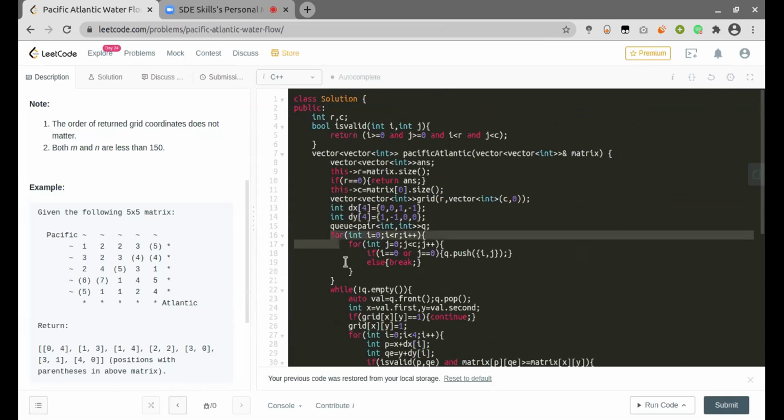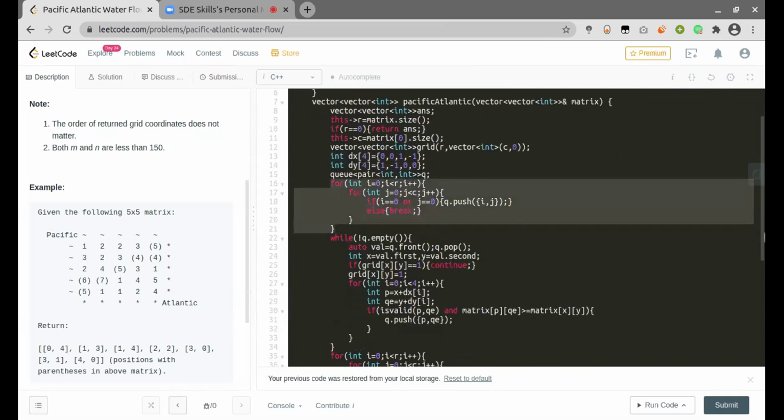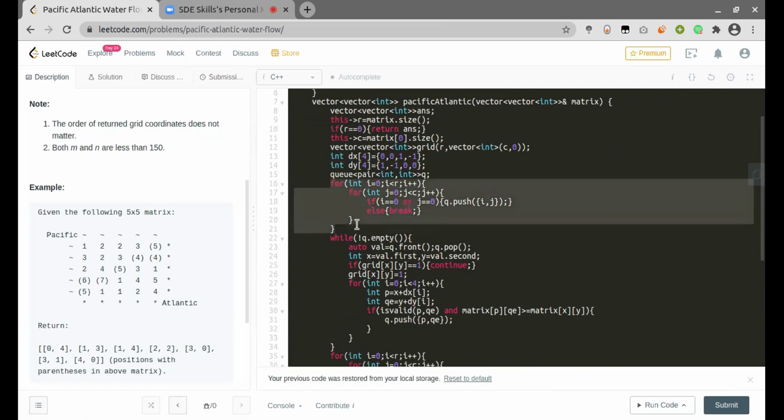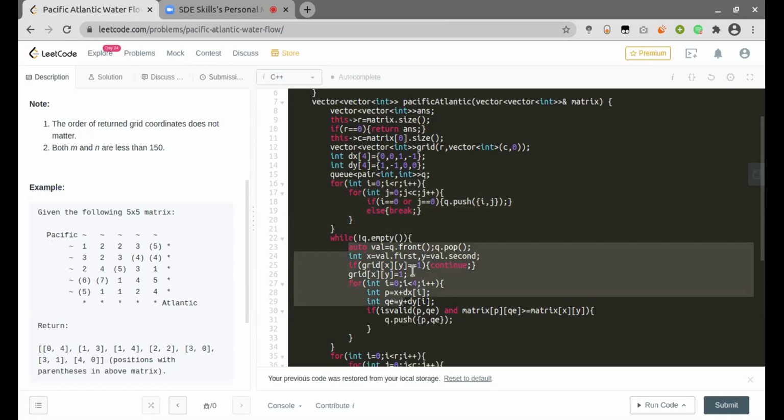Okay, we'll start from here. So the first BFS would be marking the grid as 1. The same concept will be used, but here we won't be using the DFS traversal. Here we'll be using the BFS traversal. So firstly, we will push all the nodes which are in the first row and the first column in the queue, and then we will do the BFS call, and then we will mark all the values in the grid as 1 whenever we reach them from the particular nodes.